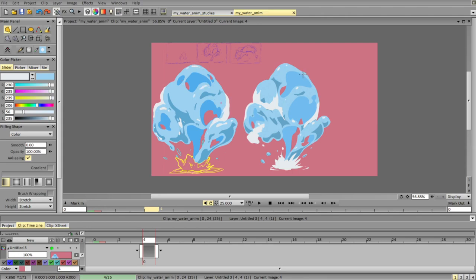We can simplify stuff. We can add more interaction between the shapes. Or we can emphasize the highlights more. Do something like that here.